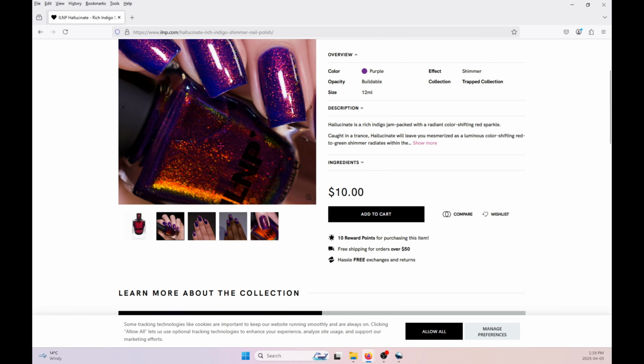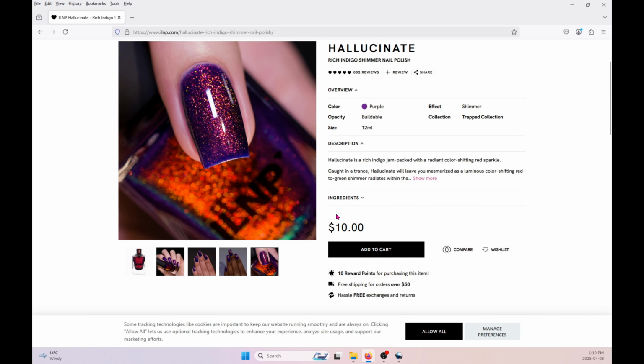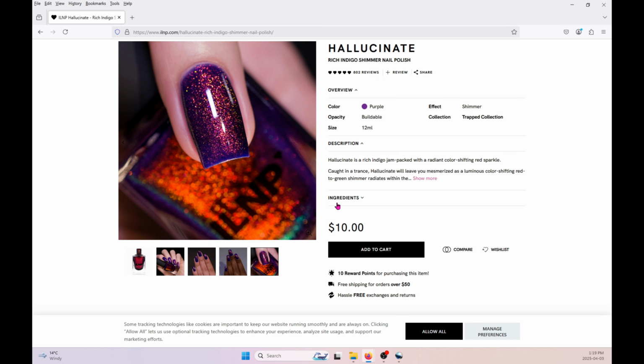Now, I really like how it looks in the photography. However, this one runs up against the case of potentially being a dupe for me. I do have a polish called Purifier that I bought from PPU a few years ago. I have a feeling they are basically identical, except that Purifier has a few extra flakes in there and not just a shimmer. So more than likely, Hallucinate is going to get dropped because it's too close to being a